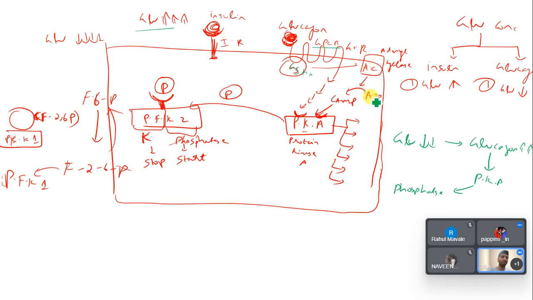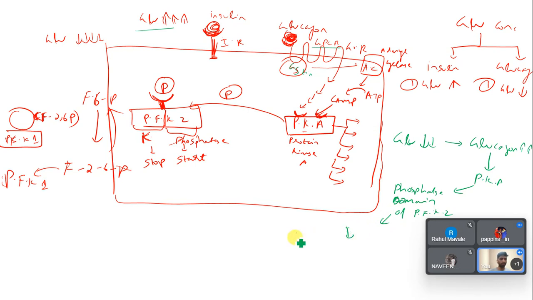This adenylyl cyclase converts ATP into cAMP, and this cAMP goes and binds to PKA, and then PKA gets activated, and it activates the phosphatase domain of PFK2. So the phosphatase domain of PFK2 is activated,